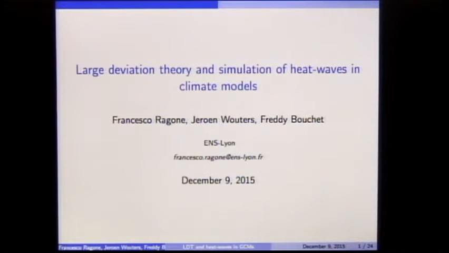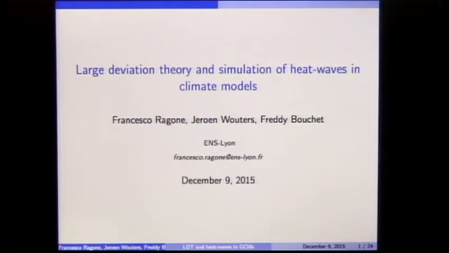The topic is probably a little bit different from what has been discussed in these days. At least the application is different. The class of methods is the same, but the application is extremely different. So therefore, also the way you actually implement and use these methods is different. Okay, so we'll see probably something that is not precisely in the style of the presentations that have been done so far.